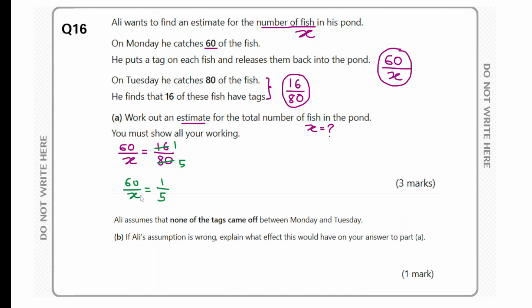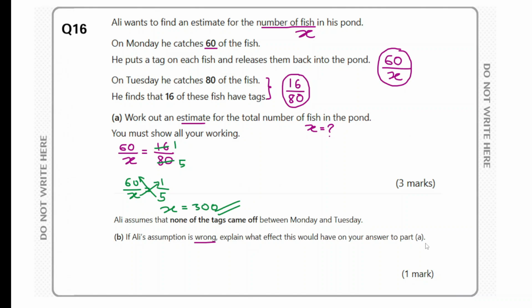Now I'm going to do the cross multiplication. 60 times 5 is 1 times X, so X is 60 times 5, which is 300. So for 3 marks, the estimate here is 300. Ali assumes that none of the tags came off between Monday and Tuesday. If Ali's assumption is wrong, meaning some tags actually came off, explain what effect this would have on your answer